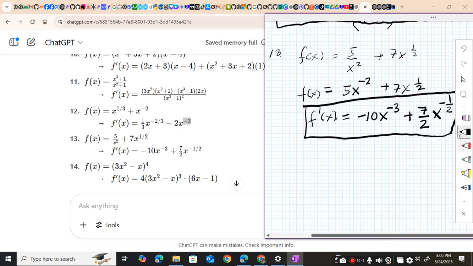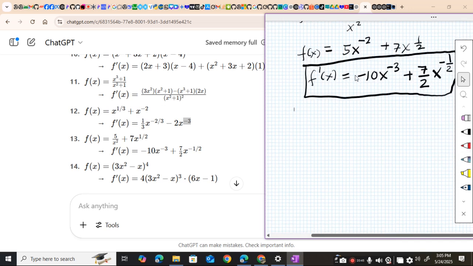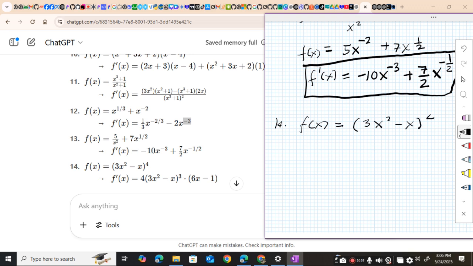So for number 14, it's also a composite function. So for now, maybe you know the pattern, so let us try to do it mentally this time. So this one is 3x squared minus x raised to the fourth. Again, we proceed with the ordinary power rule. So we bring down the 4. Then we copy the expression 3x squared minus x raised to 4 minus 1, so it gives you 3, multiplied by, don't forget, we need to multiply it to the derivative of